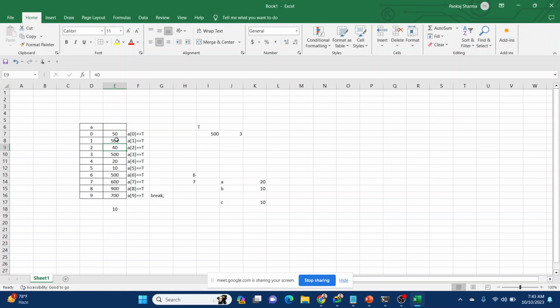If 500 is there, how many times is 500 there? So it is three times. 600 is one time. Okay, so do it with each number. You make a program where after entering the value, whatever number we are searching, tell the quantity or repetition of that number also, how many times it is available in the list.